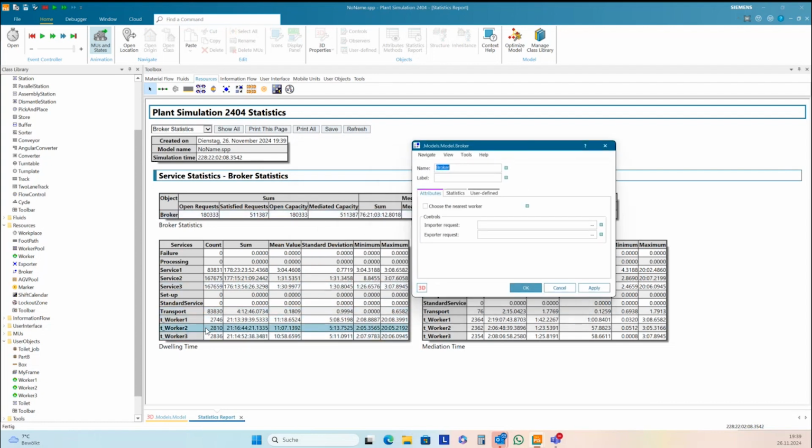There you can see the statistics of the services. We have service 1, 2, 3, and a lot of other services, and then we have transport, a lot of them. And we have T, worker 1, 2, 3, and these are the services that we created for the toilet.